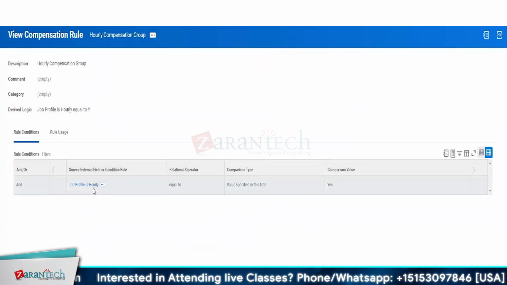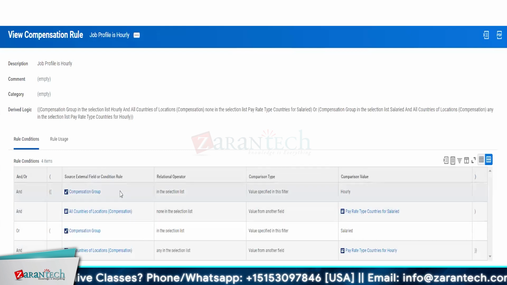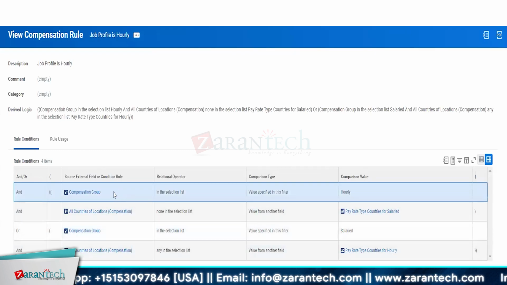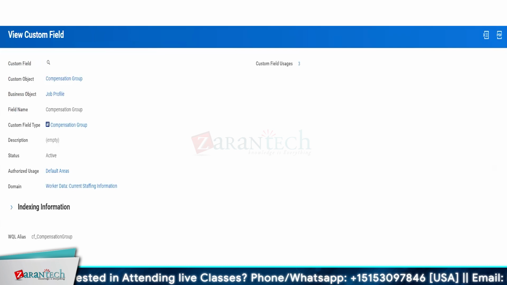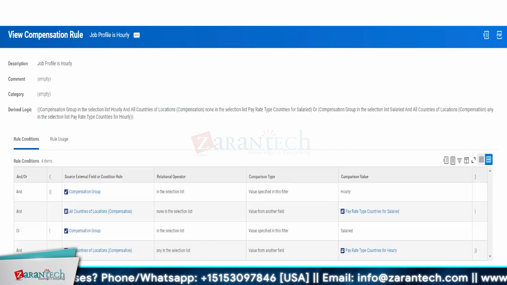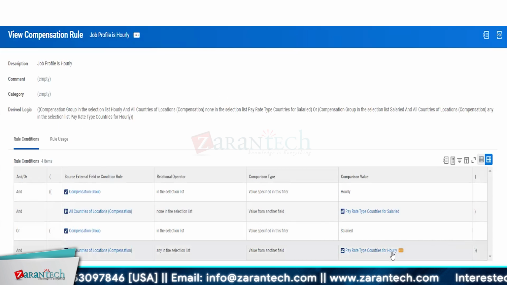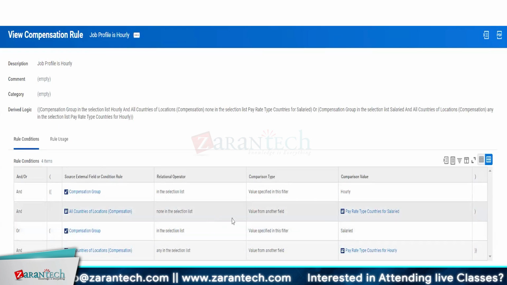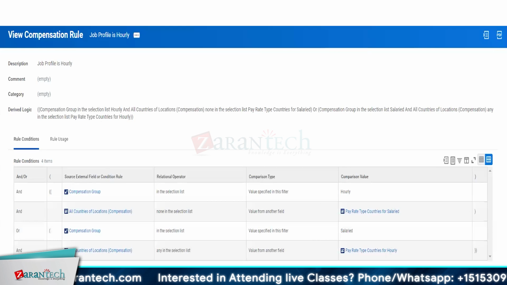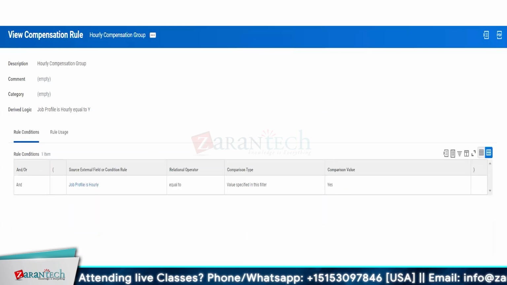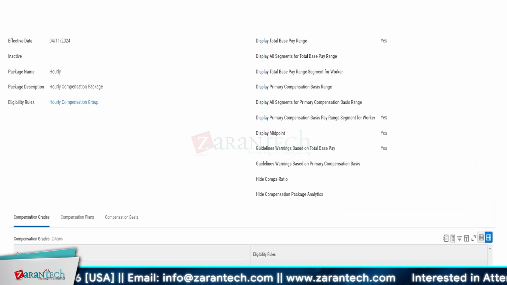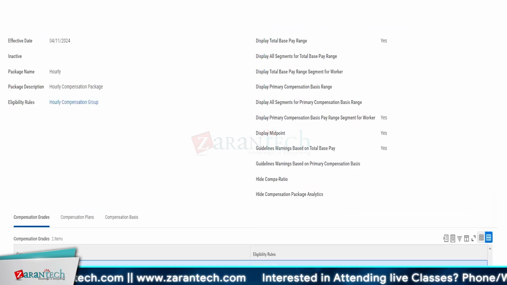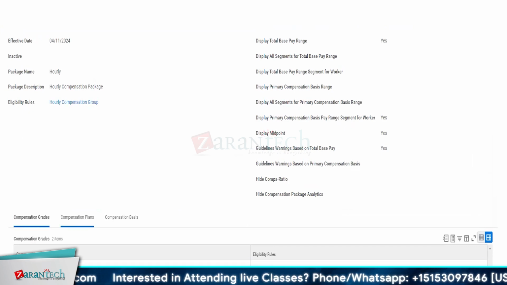So any job profile that has a pay rate of hourly has a few additional rules, like the compensation group should be hourly. So what is a comp group? In the job profile, if they have a compensation group called hourly, then based on the compensation group, and the country should not be in the salaried list, and the pay rate should be hourly. If the pay rate is hourly, it would automatically assign this particular compensation package. And from the compensation package, there are two compensation grades that are eligible for a worker, so it would automatically